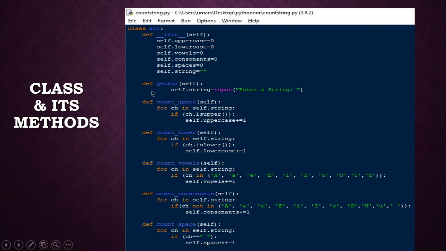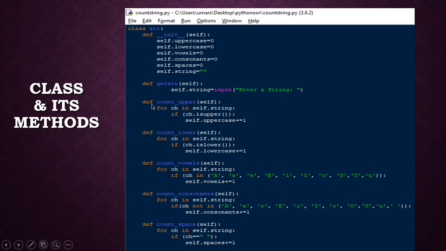And then the next one is the getString function. The structure is self dot string is equal to input, enter a string. So this particular function really gets the input from the screen or from the keyboard. The enter prompt will be popped on the screen as we have seen before, and this is an input function from the keyboard. So input is the keyword given, and this is passed to the string. String is a variable which will have the input that you give through the keyboard. It is assigned to the variable string.